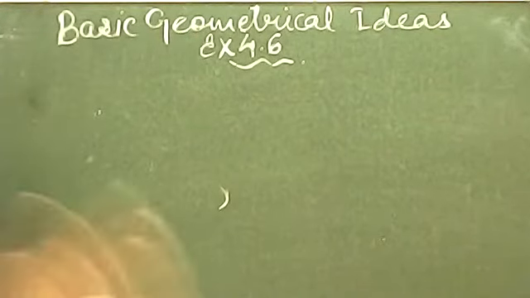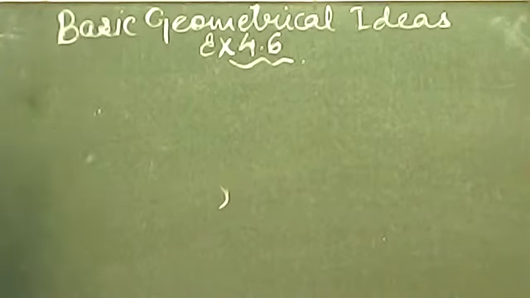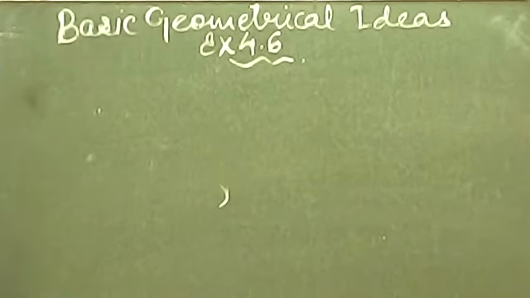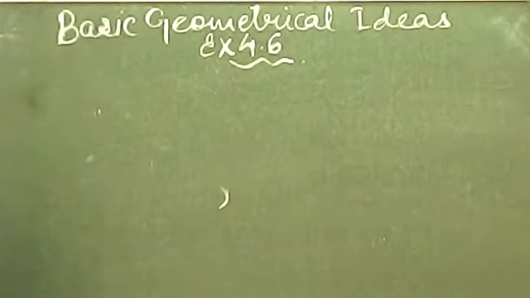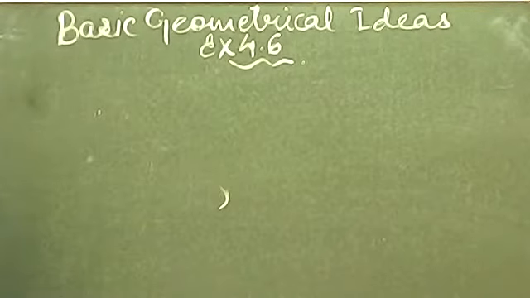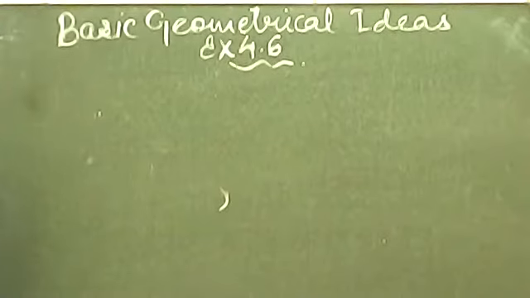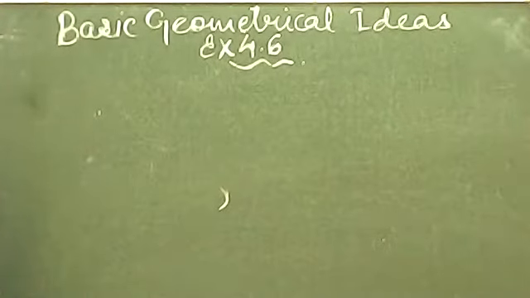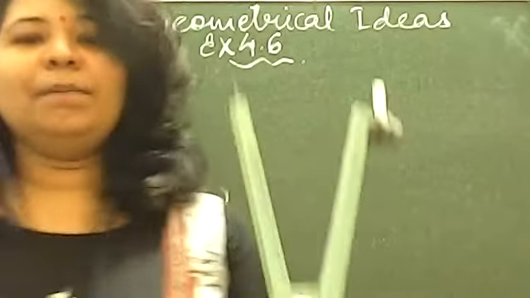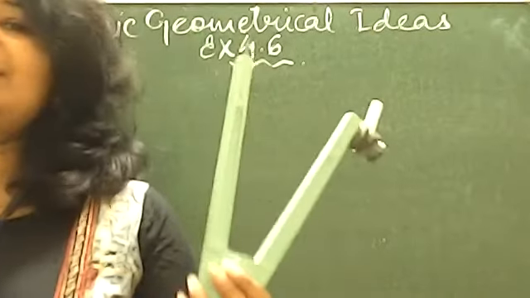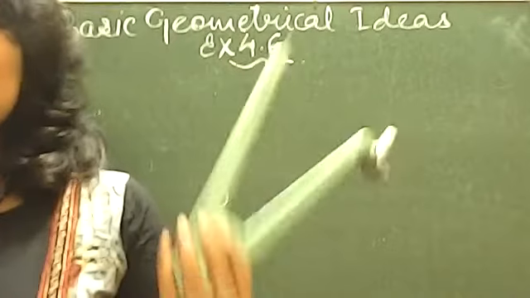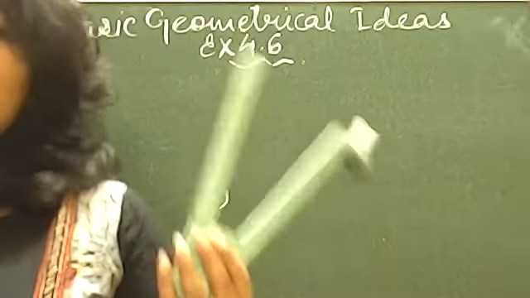And now the second way of drawing a circle is using a compass. If you have a compass right now, please take it out and put a pencil in it. Just take your compass in your hand. I have taken my own compass. This is my compass right now, so I will be using this and you will be using your own compass.